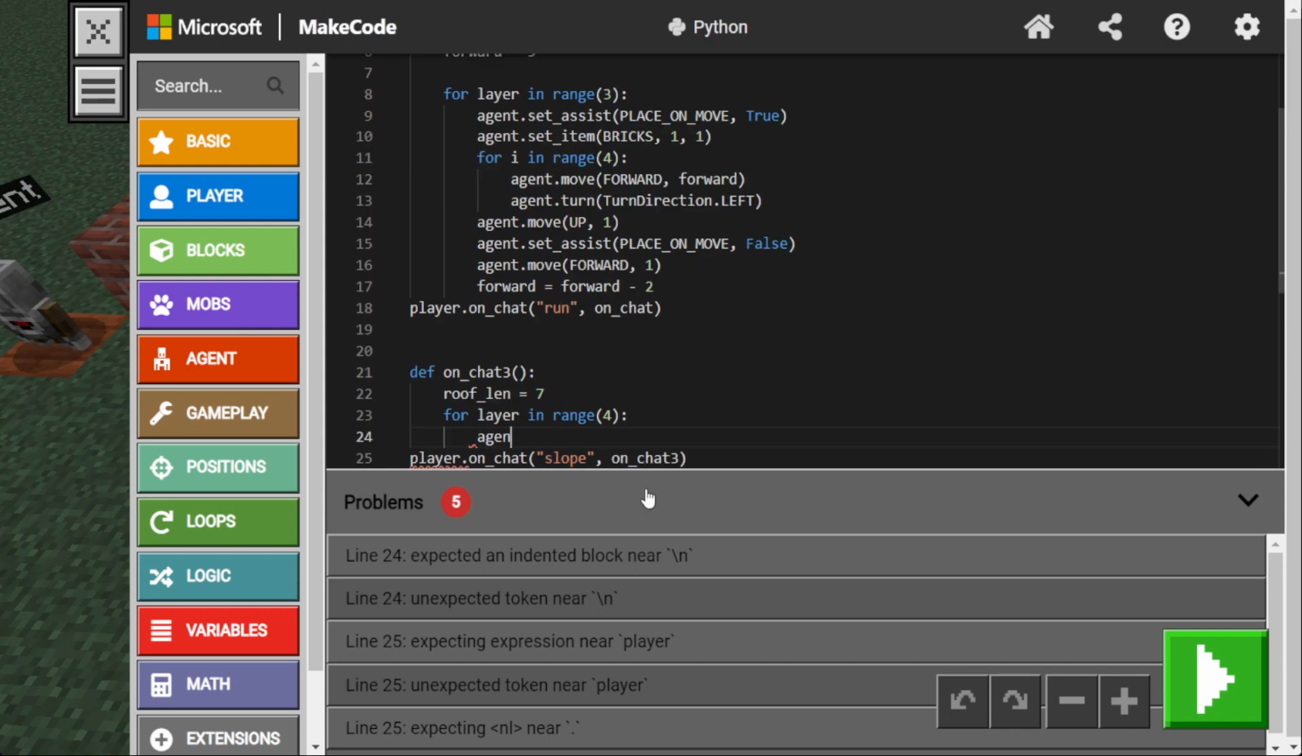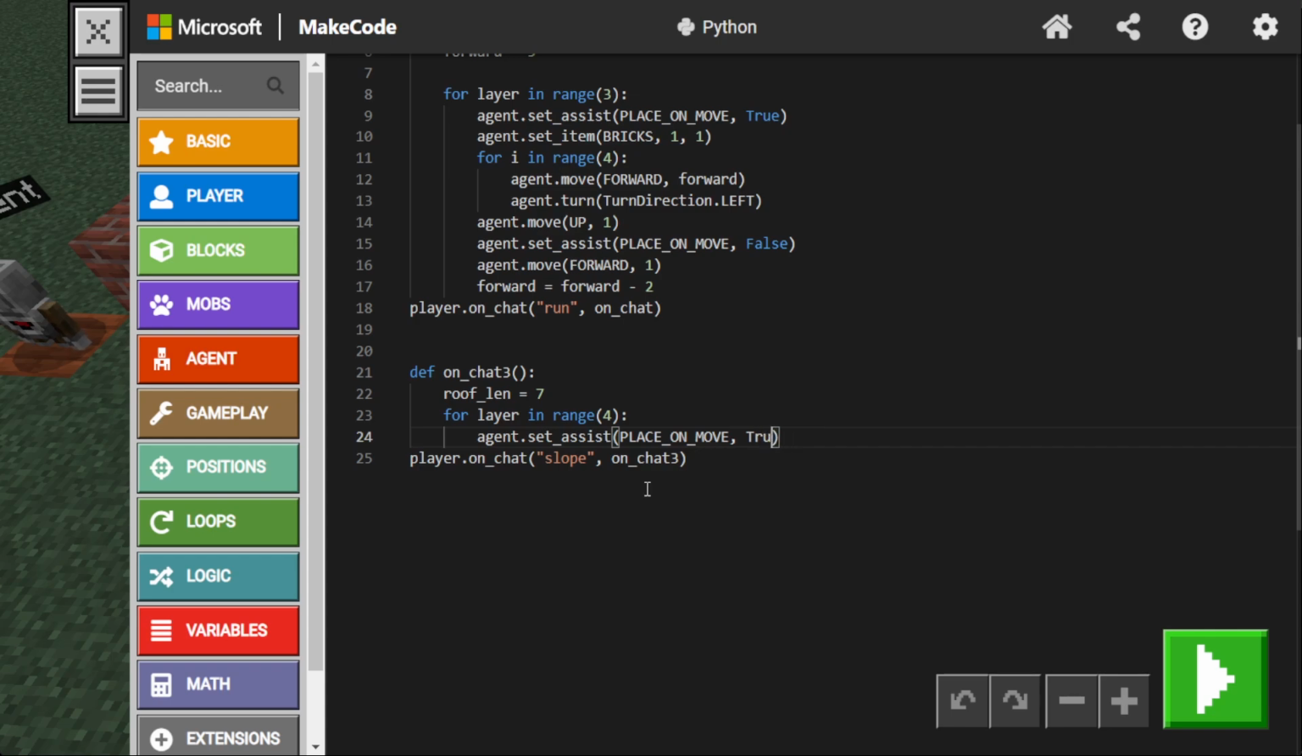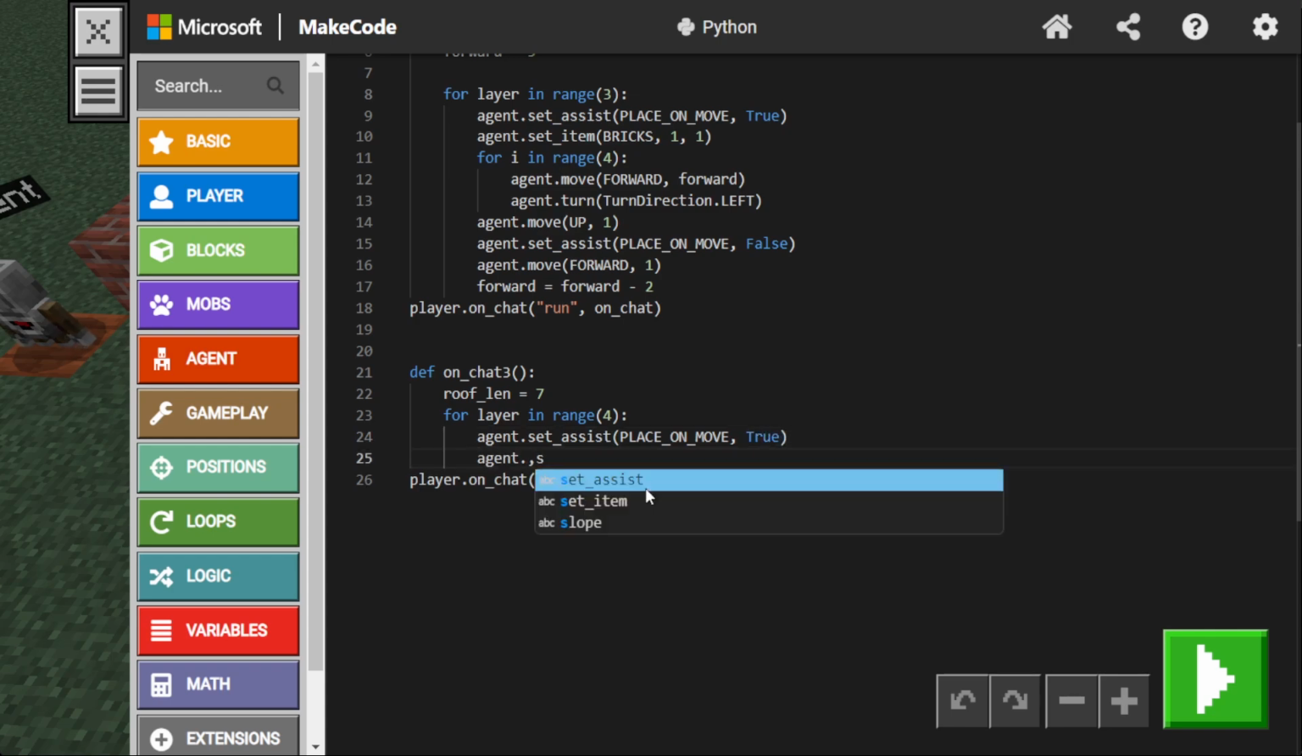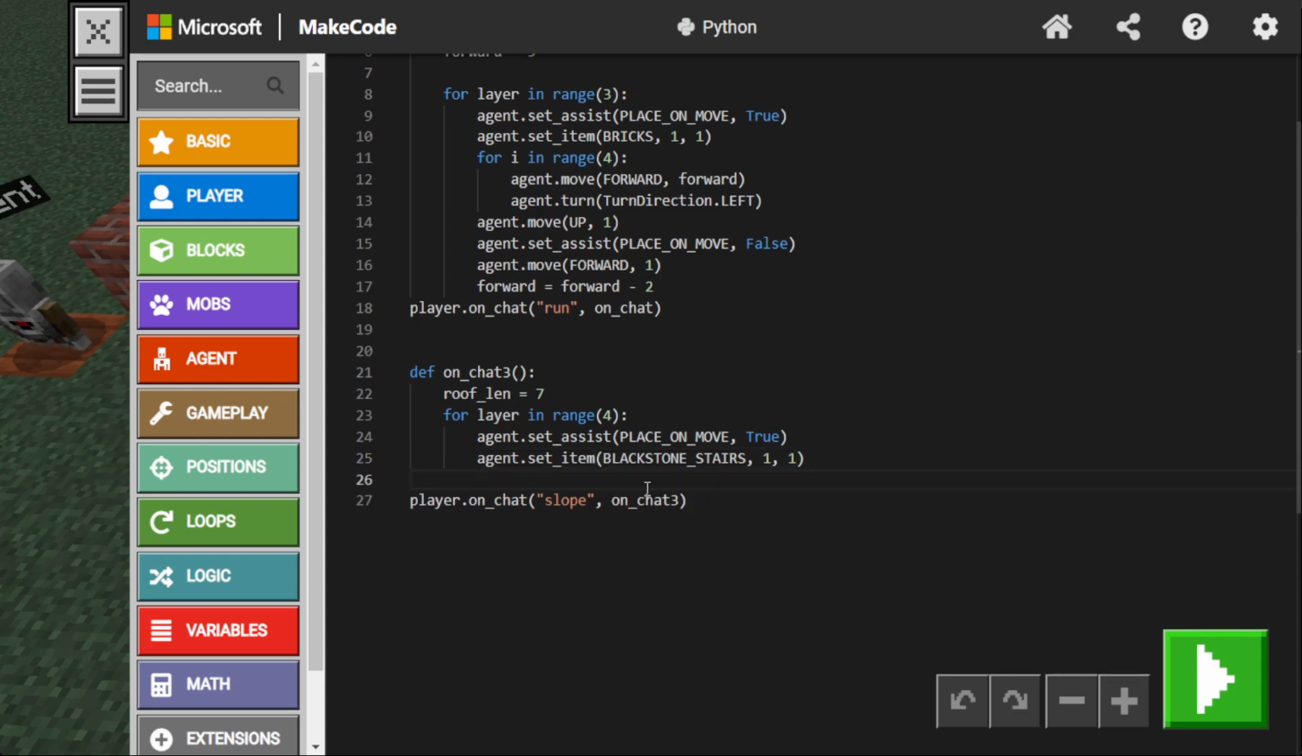And then we're going to say agent.setAssist, place and move true. We're going to say agent.setItem, we're going to say stairs. I don't care what stair it is, but maybe you can use flex on stairs. There we go. Then we're going to say for i in range 4,